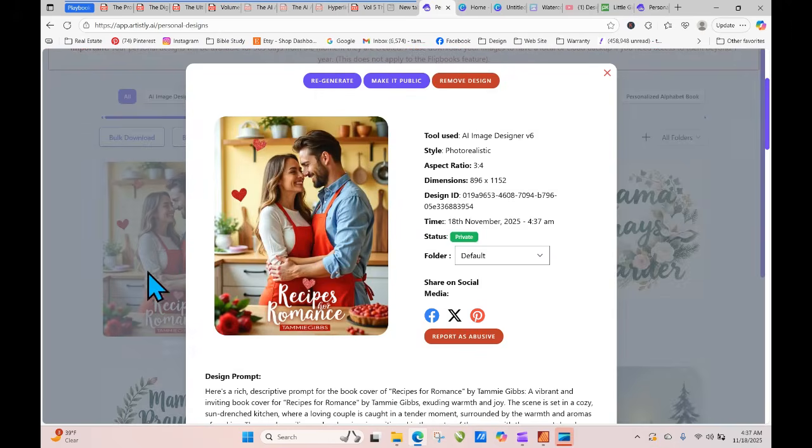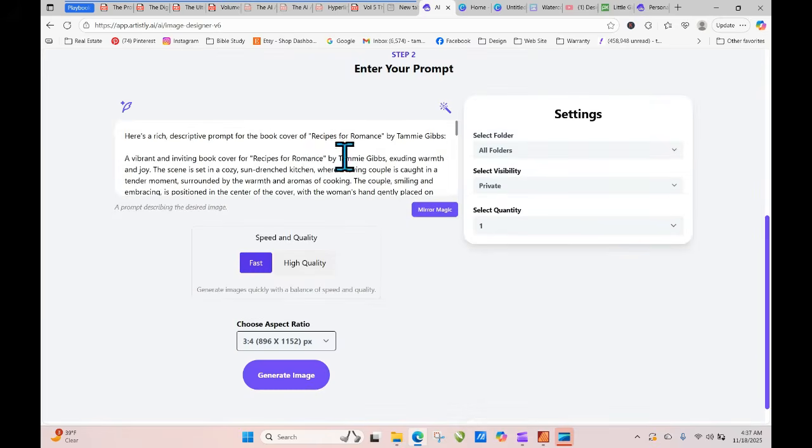So basically, and it's kind of cute. We've got a kitchen scene. Arms seem to be in the right place. This is not, okay, it's going to give me an option to regenerate. So let's just say